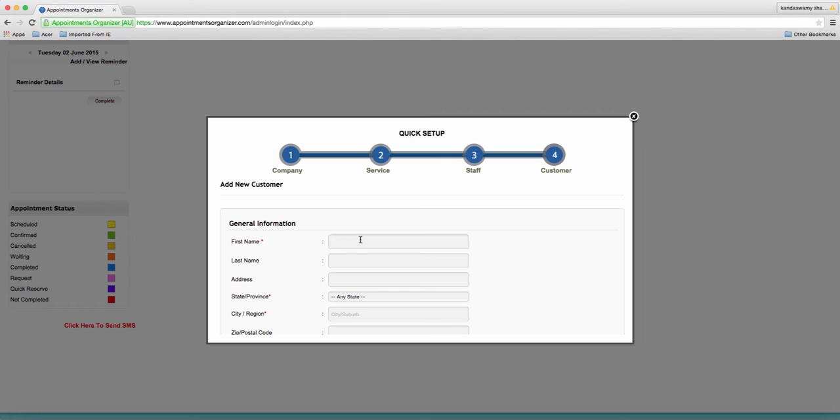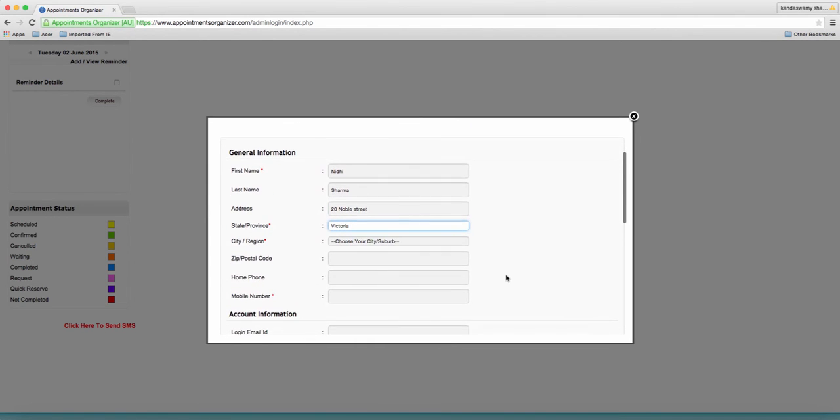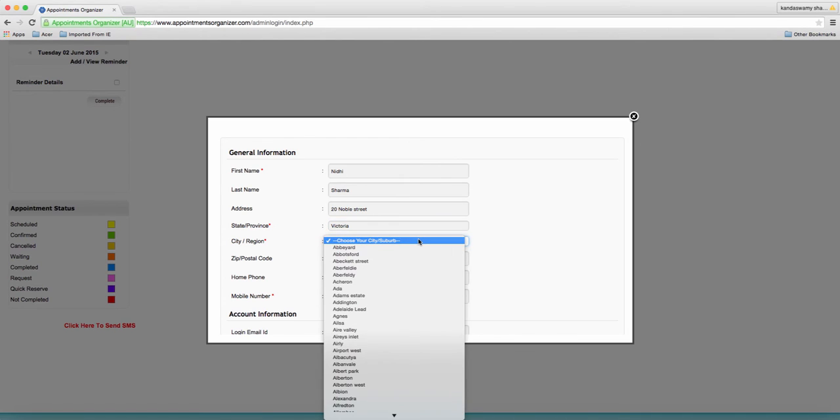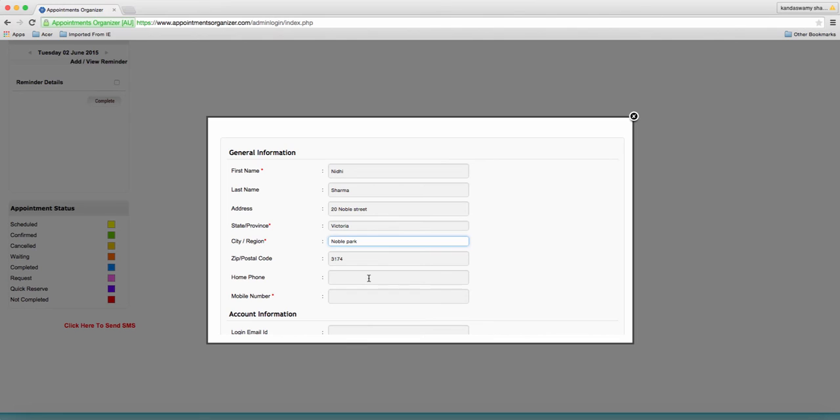Now we are going to the next page. Here we have to add the customer now. So we are adding Nidhi as one of the customers, and her last name is Sharma, and her address we are giving as 20 Noble Street, and again we have to select the state. We are selecting Victoria and selecting her region as Noble Park, and the postcode comes out. We are giving her phone number,